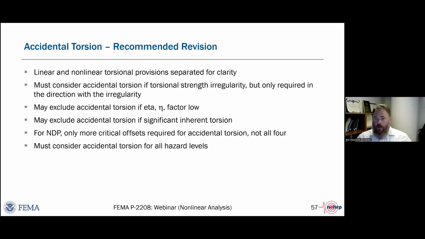And why the committee felt that this was important to add back in is that in the case of a BSE-1E or 1N performance level, you're targeting immediate occupancy or damage control, and those have dramatically different acceptance criteria than, say, collapse prevention. And so for those buildings, we wanted to make sure that you captured the twisting and how that might affect the immediate occupancy or damage control performance level.